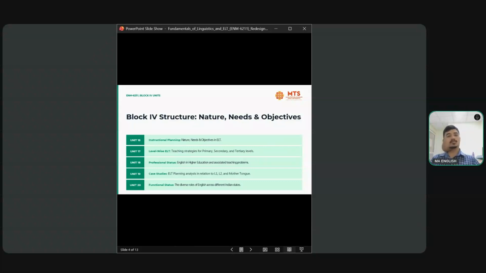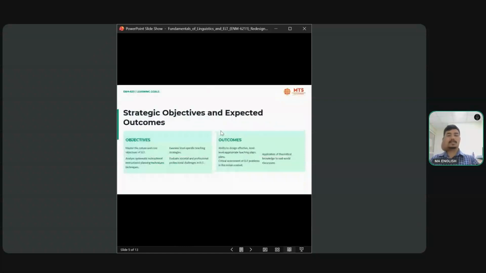Okay, so now let's move on to the next, objectives and outcomes, that is, our learning goals for today. As you can see here, first it deals with what? The first objective is to master the nature and core objectives of ELT. And then the second objective is to analyze systematic instructional